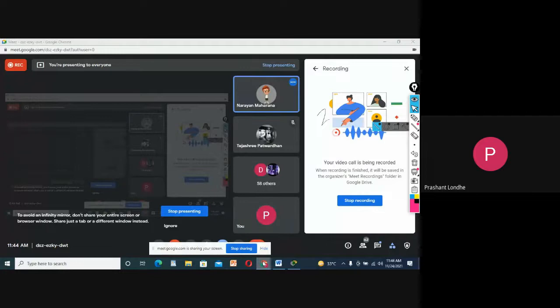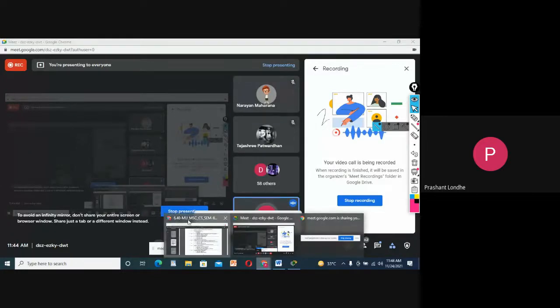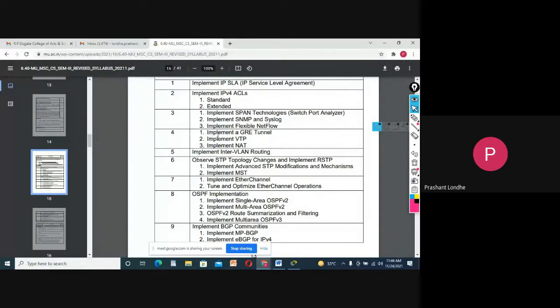Okay. So today we are going to see practical number 4, that is, implement GRE tunnel, implement VTP, that is the VLAN trunking protocol, and implement NAT.